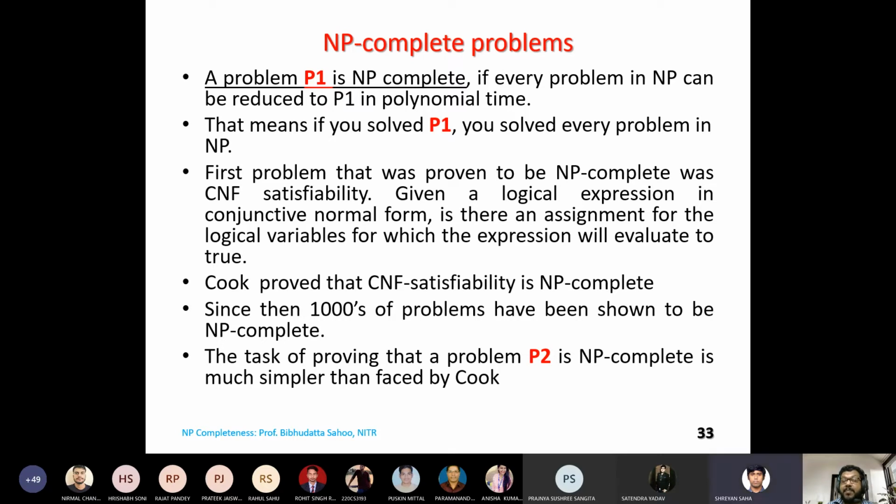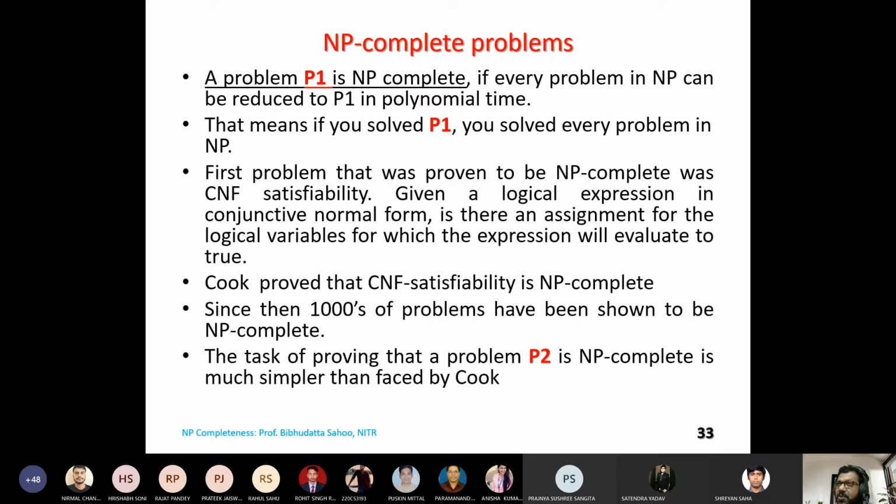Again, I repeat, I have not defined NP complete so far. Let us take it as an illusion. The problems which belong to NP are not all proved to be NP complete. If all problems were proved to be NP complete, then what is the need of writing NP there? We could have written one family is P, the other is NP complete. Got it?